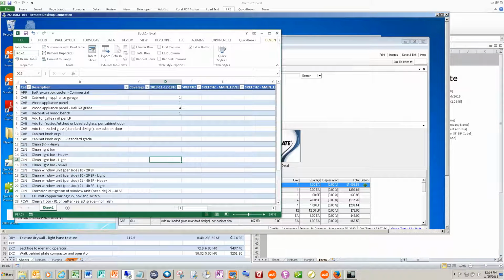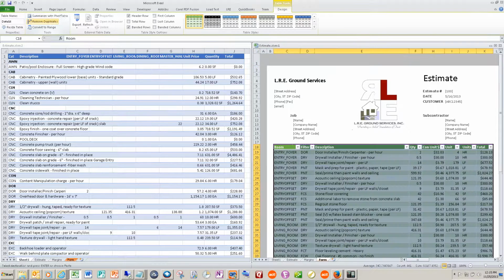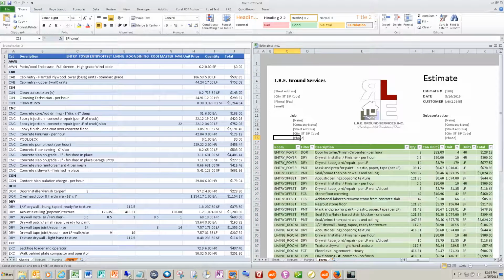Once we get it into Excel, it looks like this. And what I've done is I've pulled one of your quotes into Excel here so that we can use the application and get it over onto the estimate. So I've just got a couple links that launch the application, and once we click here we see that this